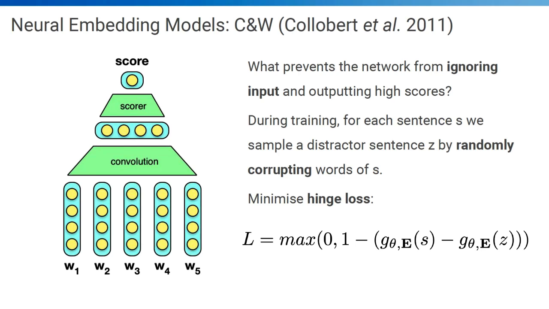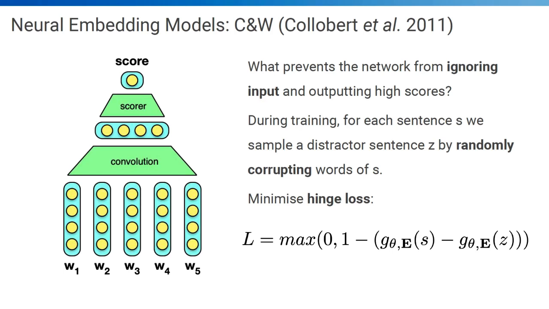Well, the solution that Collobert and Weston proposed is to, during training, every time you observe a sentence, sample a distractor sentence simply by corrupting one or more words of that sentence. How many words you corrupt is up to you. It's a hyperparameter of the model. But the simplest case would be you randomly select a word in the sentence and then randomly sample another word from the vocabulary to put it in. So if you had the cat slept and you change that and you have the car slept,